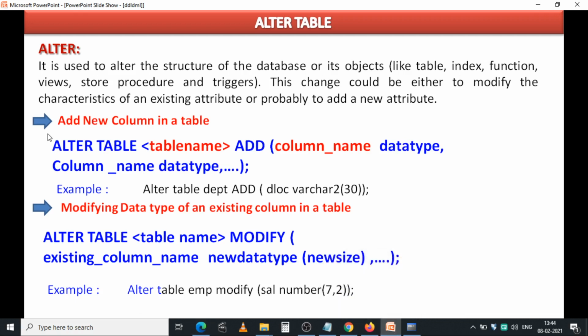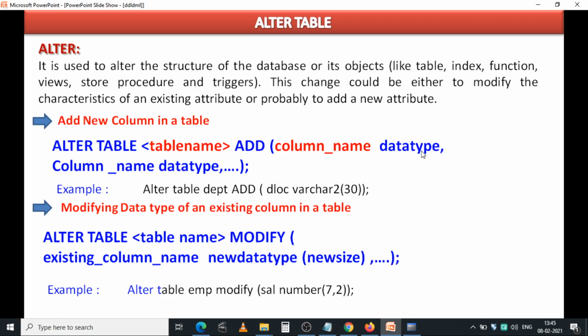So the first change is if you want to add a new column in a table. Actually, in the department table there are two columns, and I want to add one more column into that table. Then we use the alter command. Just go through the syntax: alter table, table name, add, open brace, and in that you mention the column name and data type.